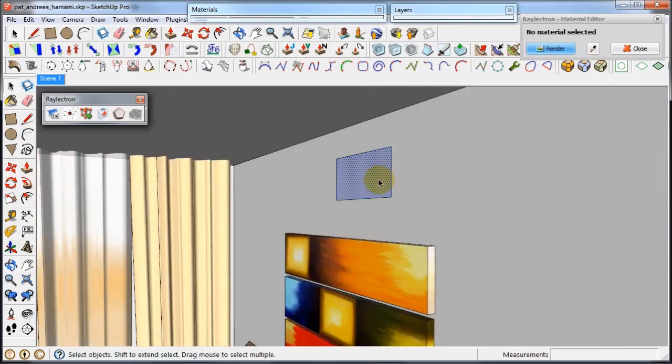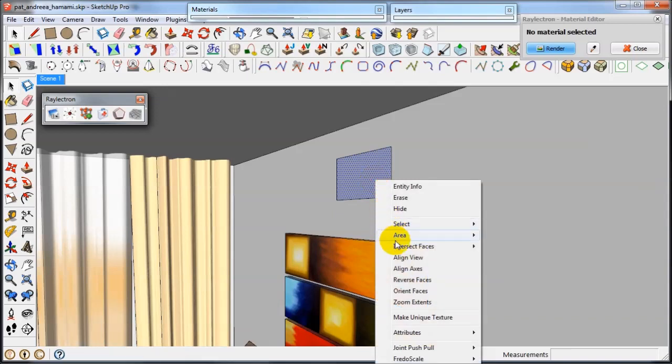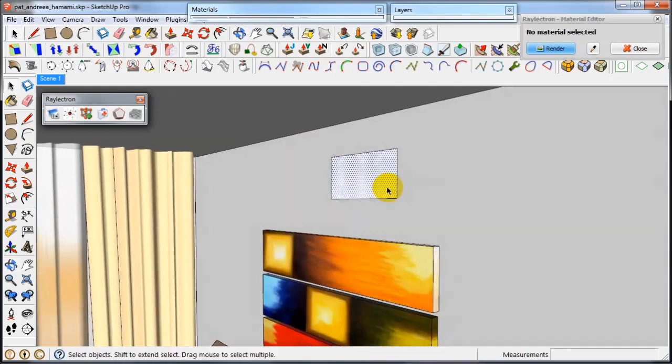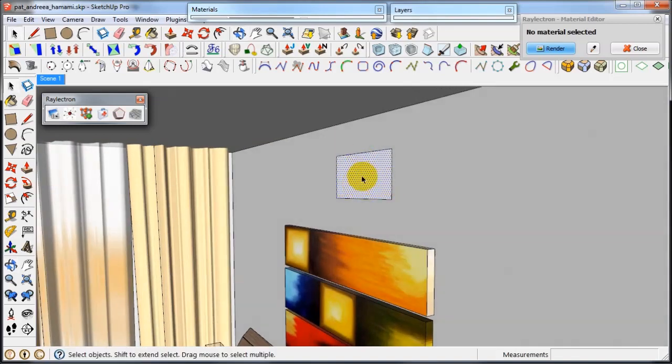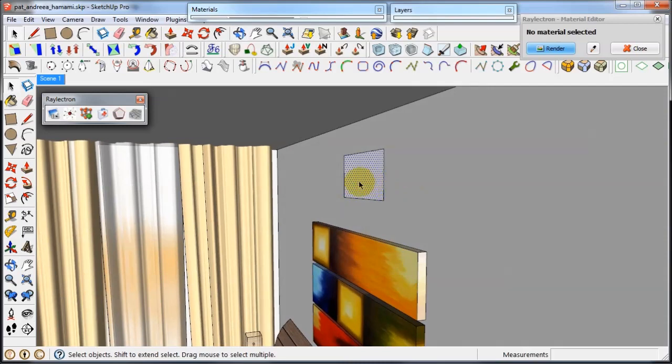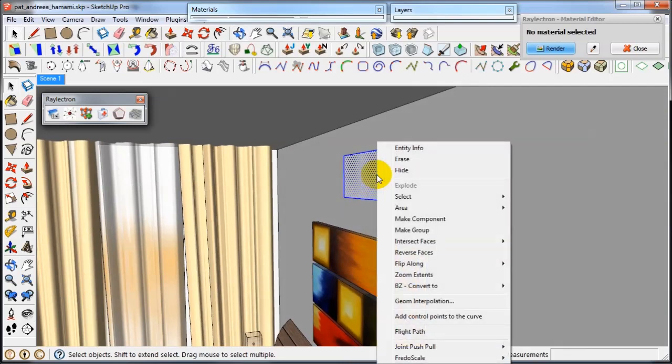Okay, it's important that the face, where is it? Reverse face. Here you go. The front face of this here is what emits the light. The back face does not. So don't think that this square here, once we apply the material to it, will shine light on both sides. It will not. So let's group